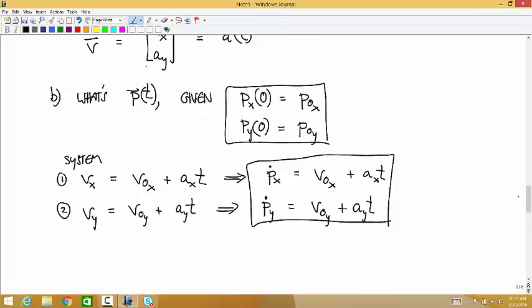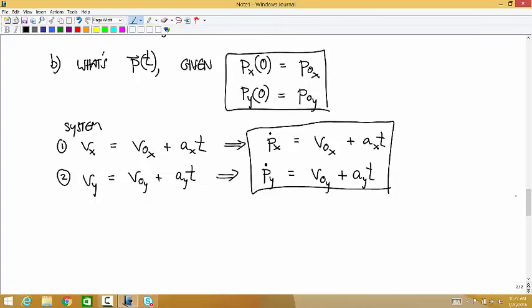It's uncoupled because for it to be coupled, you'd have to see Py's in the Px equation and Px's in the Py equation, and we don't have that. The t can appear in both of them. It's the dependent variables that can't cross over for it to be uncoupled. And then they're first order, so it looks like we have enough boundary conditions. Okay, so for the first one,